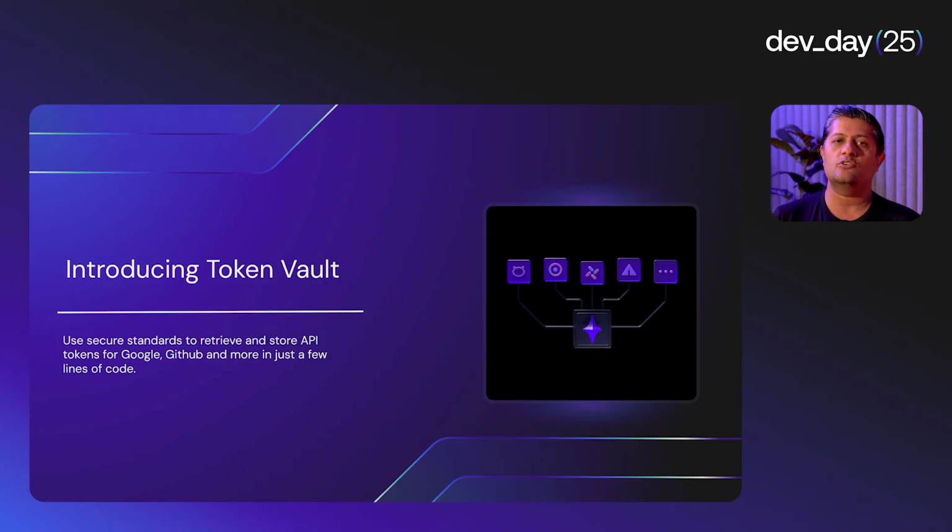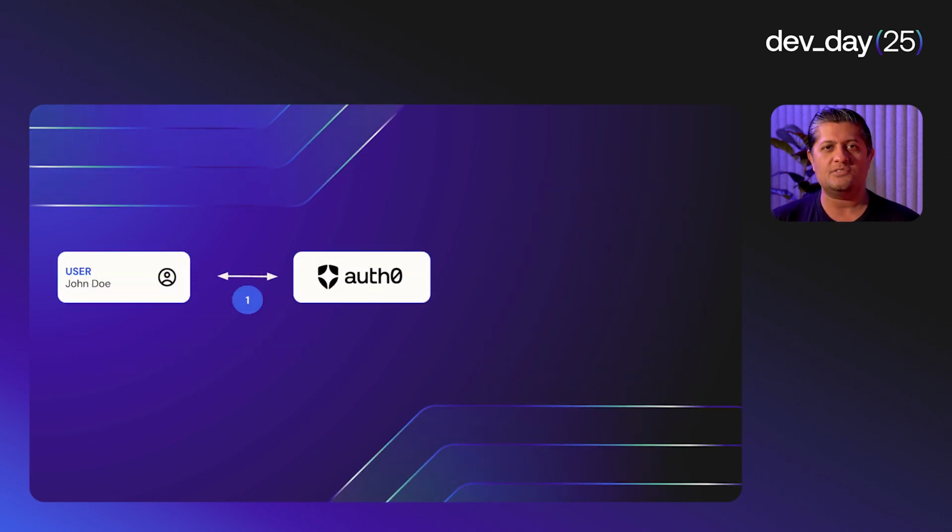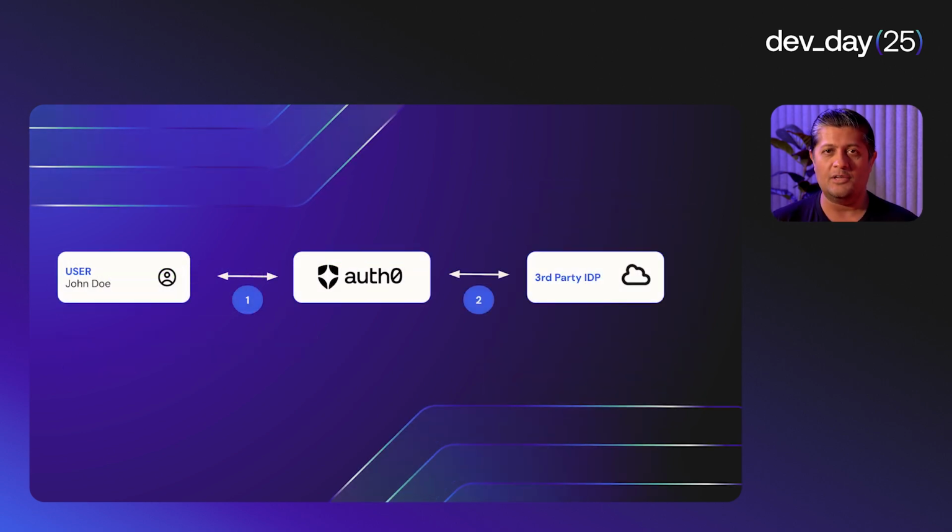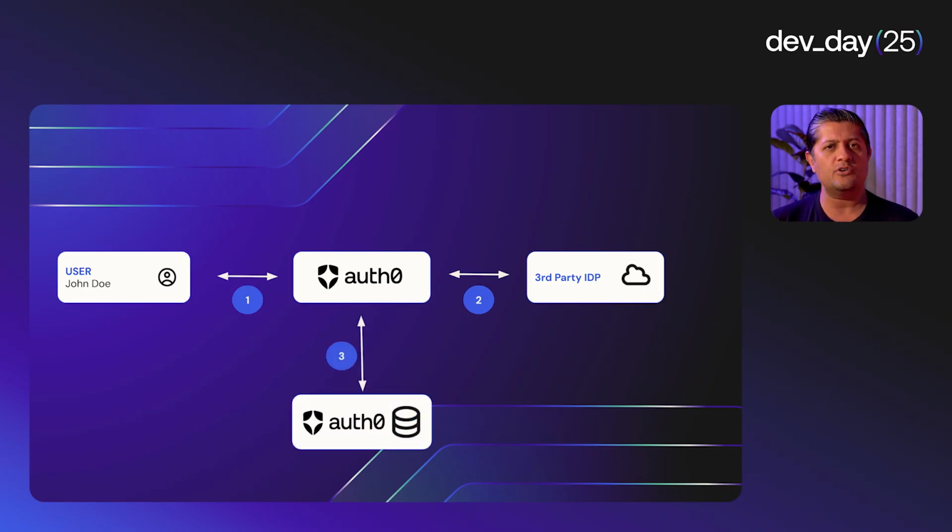Token Vault allows your applications to securely access third-party APIs on a user's behalf. When a user authenticates with a supported external provider and uses OAuth scopes to authorize access, Auth0 stores the refresh tokens for that connection in the Token Vault and can broker new access tokens. This makes it possible for your agents to call the external provider's APIs using these credentials brokered by Auth0. To do things like get a user's email from Gmail or access GitHub repos or anything else that you want